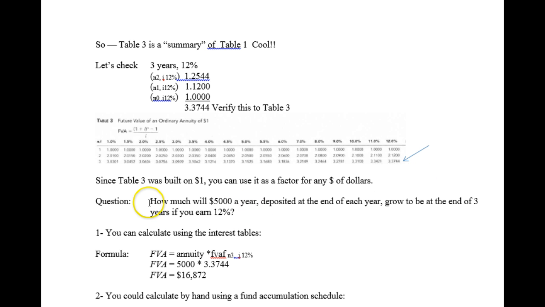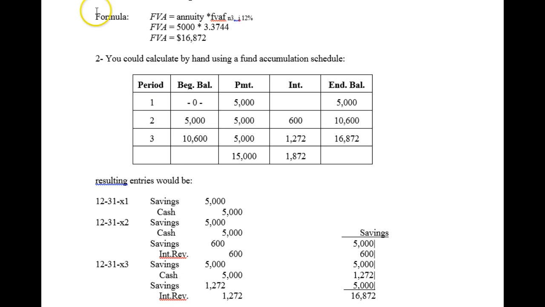You can answer the question, how much will $5,000 a year deposited at the end of each year grow to be at the end of 3 years if you earn 12%? Remember, here's that interest factor. First, you could solve that by table 1 and the formula. Take the annuity times the future value interest factor, where n equals 3 and i equals 12%, which is 3.3744. 5,000 times that would be